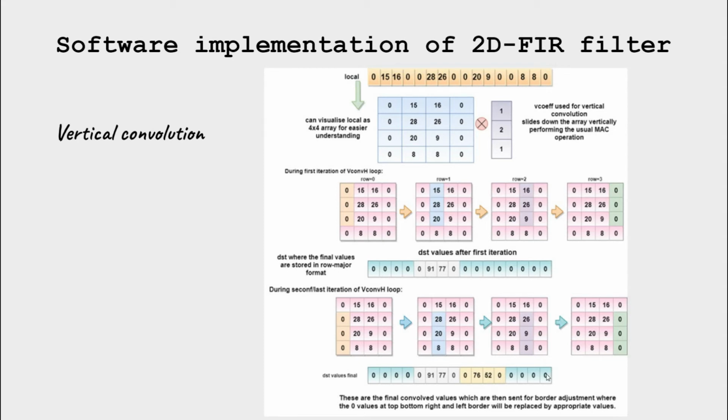As you can see, there are certain values which are 0, 0, 0. These are nothing but the values at the border, and we know that at the border the pixel values generally can get haywire. So to adjust those values so that we are able to see a proper recreation of the image, certain border adjustment is done, which is also done in our code.